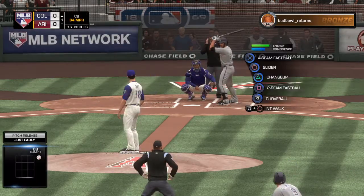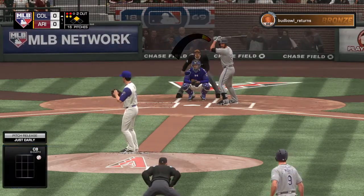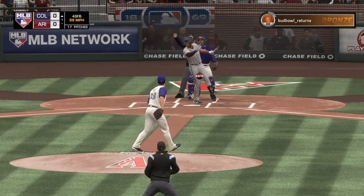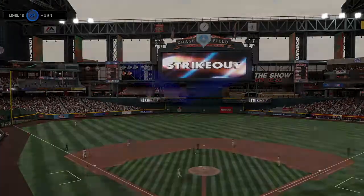To 2 balls and 2 strikes now. Boy, that's a great breaking ball right there. That's a tough pitch to lay off when that ball's coming in at that. A swing and a miss. That retires the side, and